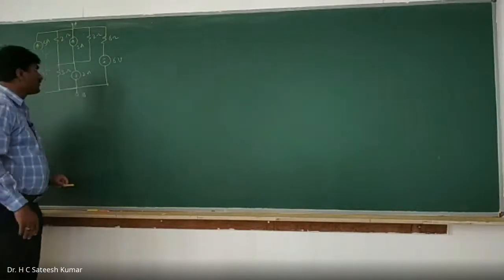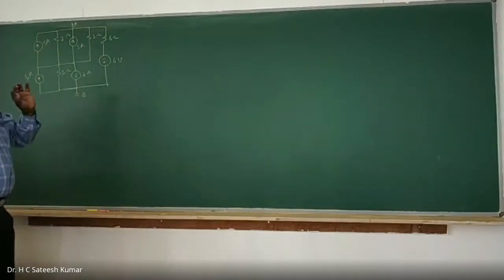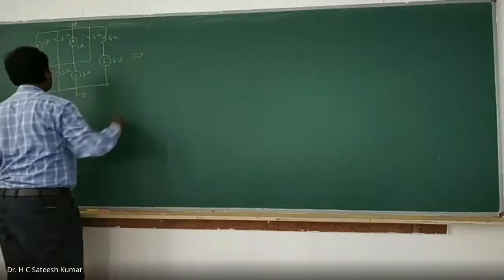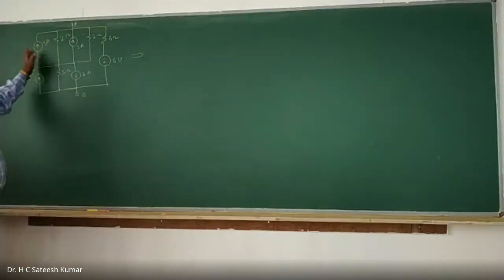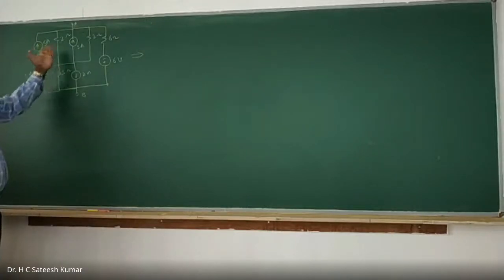So the basic principle involved here is, if you want to simplify series connections, convert all the sources into voltage source. If you want to simplify parallel connections, convert all the sources into current source. Keep that in mind and do the problem, right? So first, these are all parallel connections. For parallel connections, all of them should be converted into what? Current sources. So now already they are in current source only.